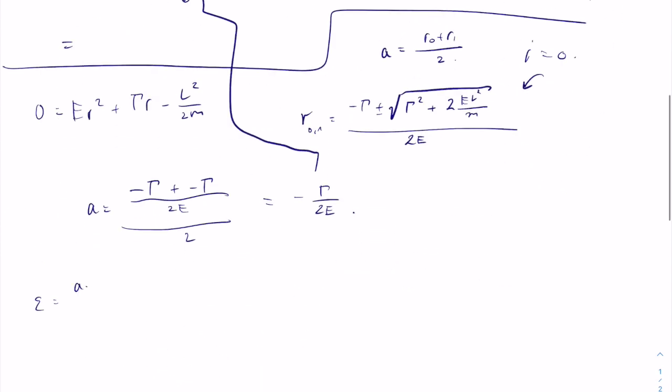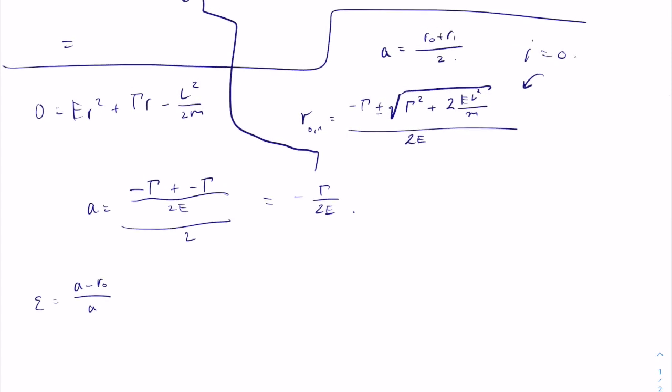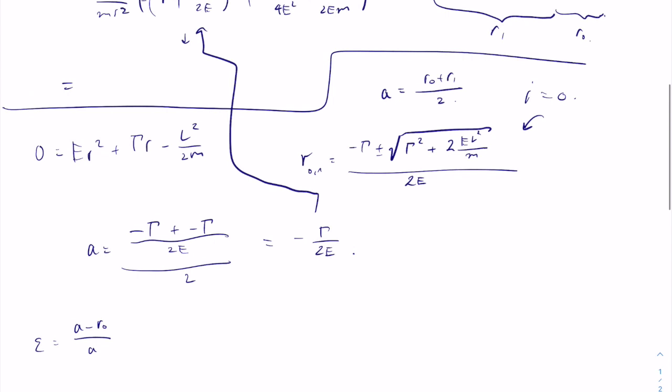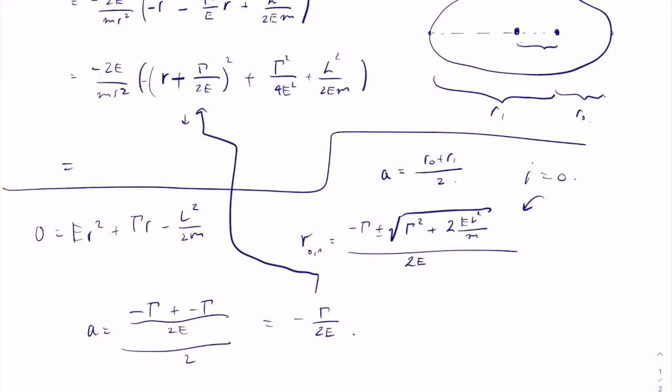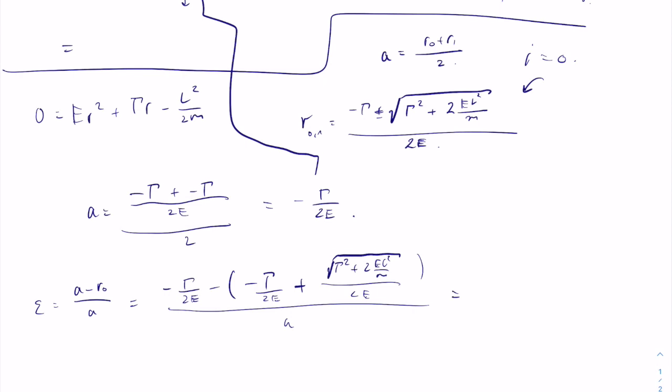And now for the eccentricity, it's defined by the ratio of the distance from the center to the focus point, like at the origin, divided by the major axis. So it's the ratio of them. And performing the calculation and inserting what we know from a and r0, because r0 is one of the solutions,